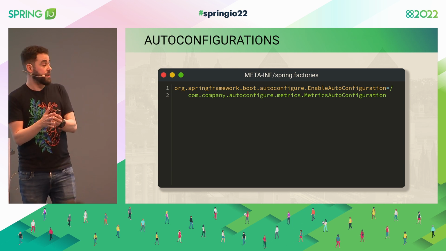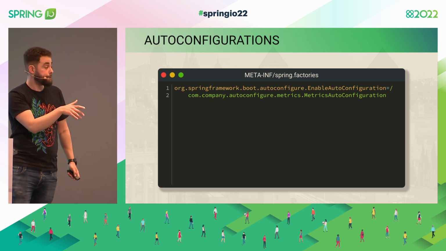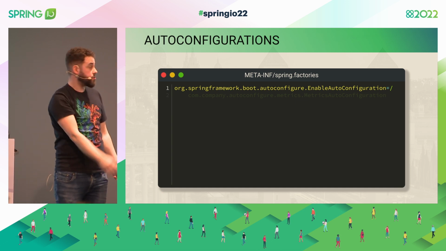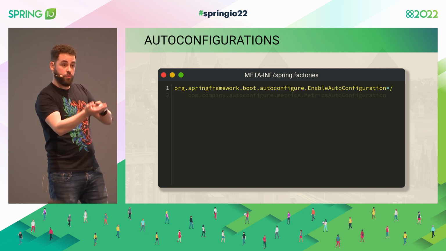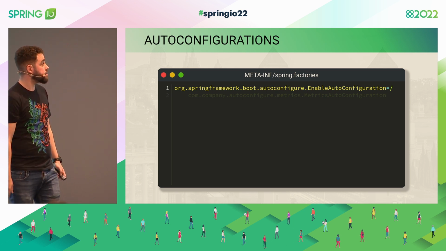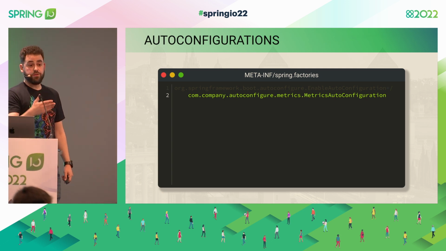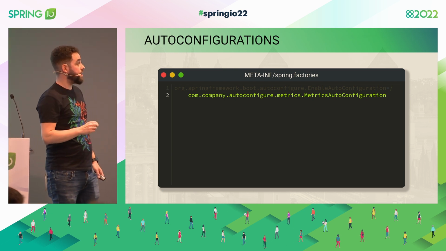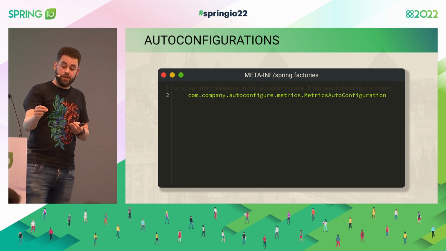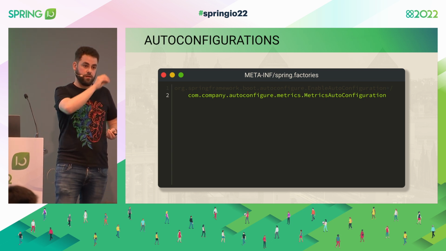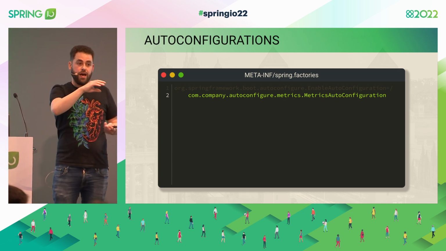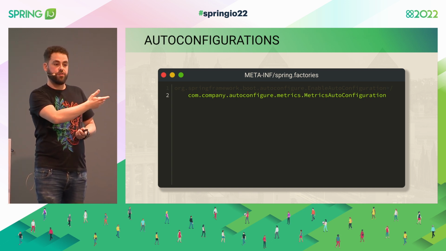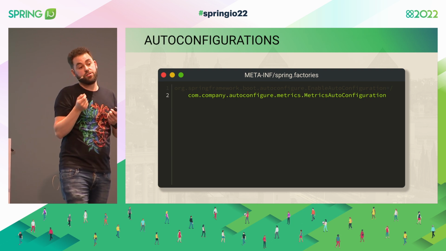So on the library, we can add this META-INF spring.factories file. And we can say EnableAutoConfiguration. This would be the qualified name of the annotation, actually, the one that we might use sometimes to opt out of some auto-configurations from third-party libraries or Spring itself. And then we can just point to the list of auto-configurations, of configurations that we want to be registered automatically. And this is exactly what happens. When I depend on a library, and that library has these spring.factories saying, I want these auto-configurations, at the moment the application starts up, it will just automatically evaluate these auto-configurations, so we don't have to register them explicitly. So now we are solving the issue.